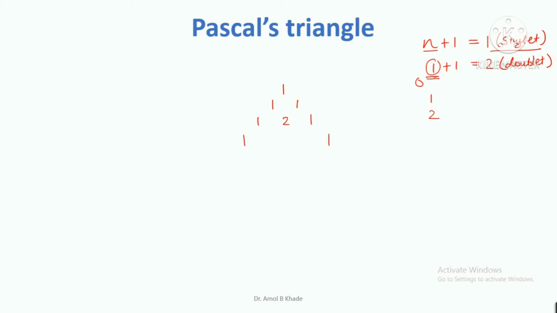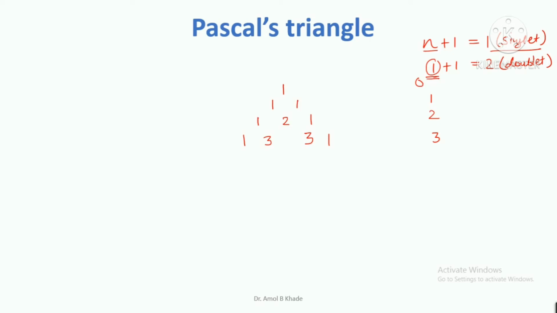Then for the next one we again copy this 1. On the periphery it is always 1. Then here it is 2, so I will make it now 3 here. This will be a quartet, so 4 lines will be coming for a particular set of protons. It will be 1:3:3:1. This is the case where n is equal to 3. So 3 plus 1, it will be a quartet.